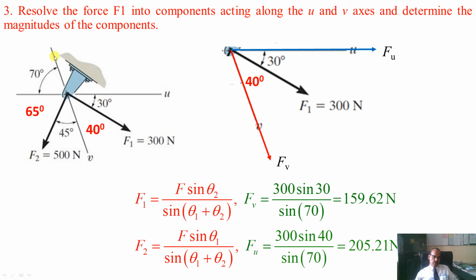You see this line and this line, this angle is 70, so this total should be 70. So 30 plus 40, 70. If you know 30, 40, 45, then you can calculate this angle 65. And from this you will get this angle, that you will have to take here, because we want the angles with respect to force, this angle and this angle. These things are important. The rest of the calculations you know, you can do it very easily.